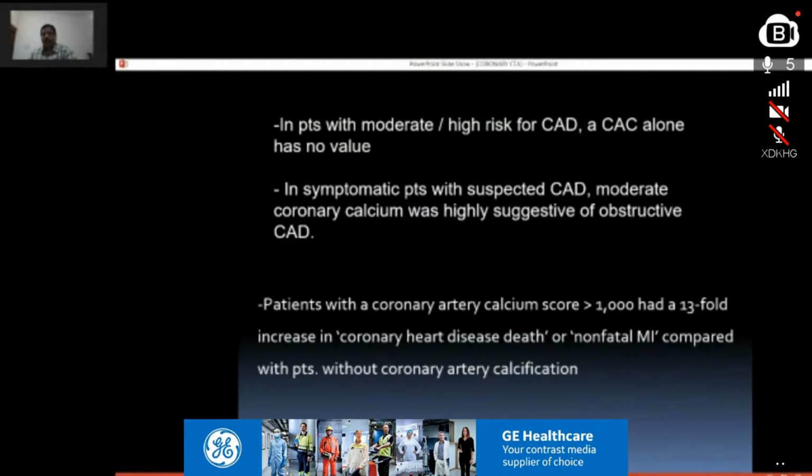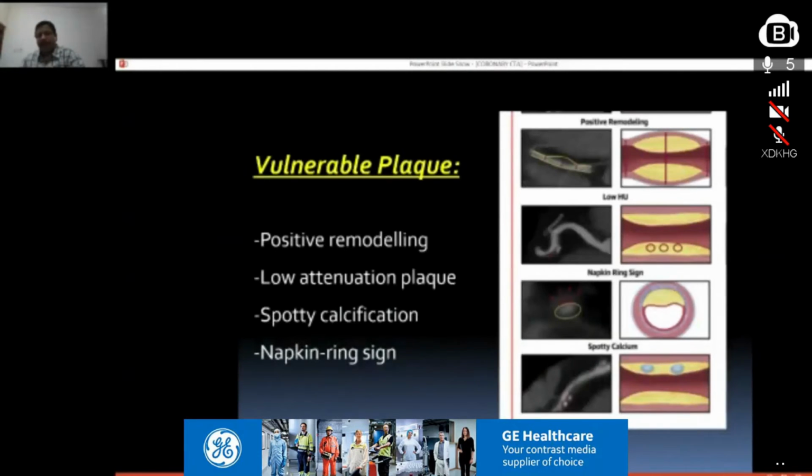And patients who have a calcium score of more than 1000 usually have significant coronary artery disease and can develop non-fatal MI in future. There is a lot of controversy. It's an individual institutional protocol whether to scan patients with higher calcium scores. We usually at our hospital do not do scans for patients with a calcium score of more than 1500, and especially if the plaques are scattered uniformly in all the coronary vessels. If you have a single blob of calcified plaque in a proximal vessel, it is better to take the patient